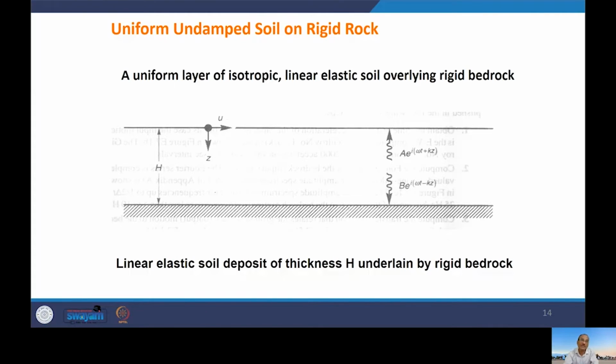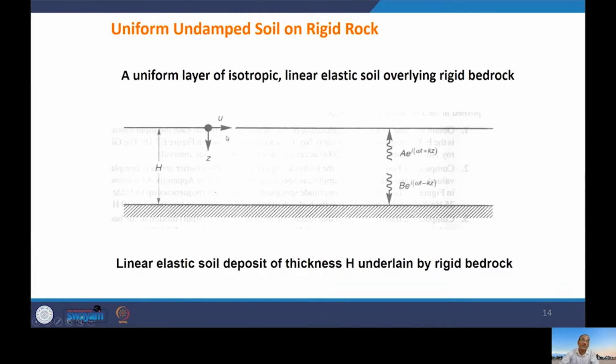Let's assume that the thickness of this layer is h, and as you can see in this figure, z is shown downward. That means z is positive downward. So z will be 0 at the ground surface, and the value of z will be h at the bedrock